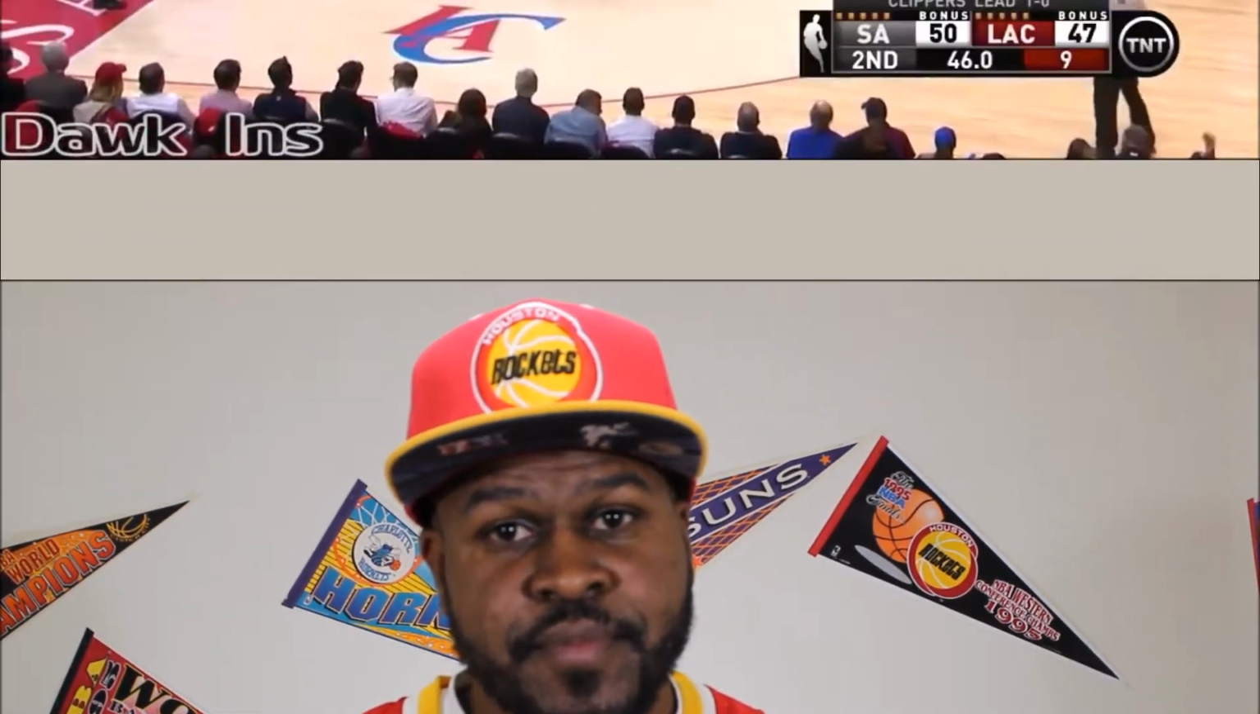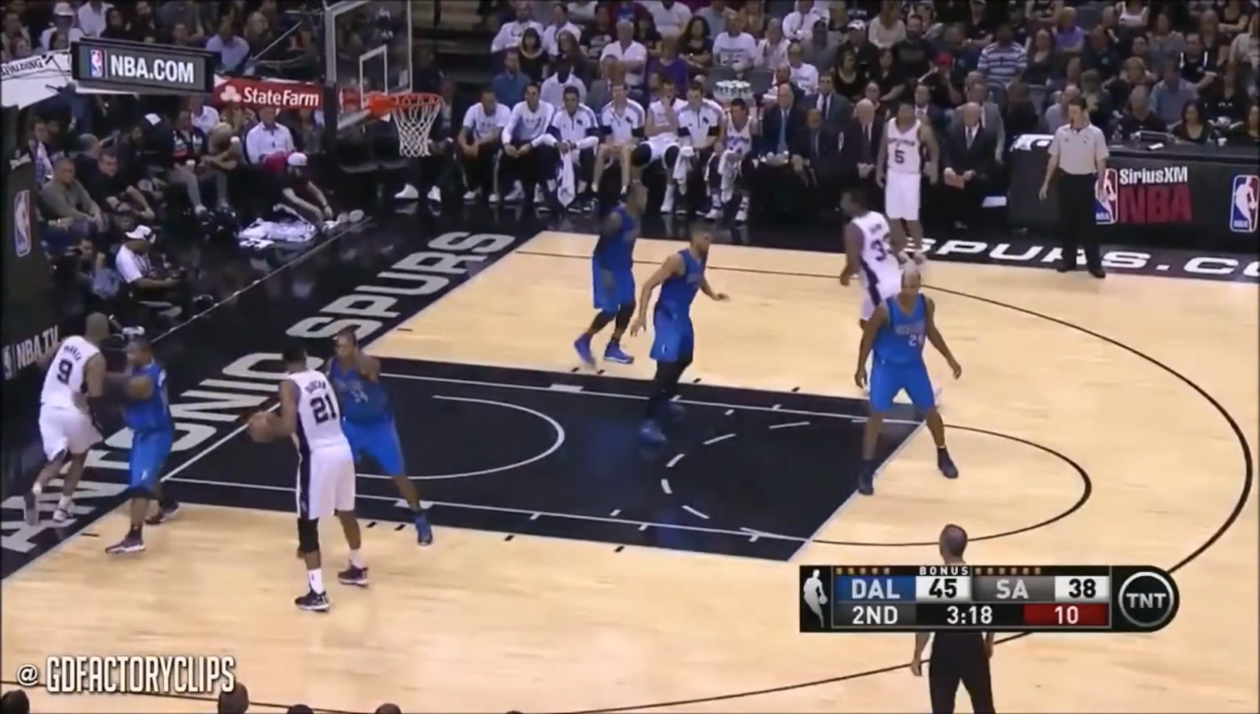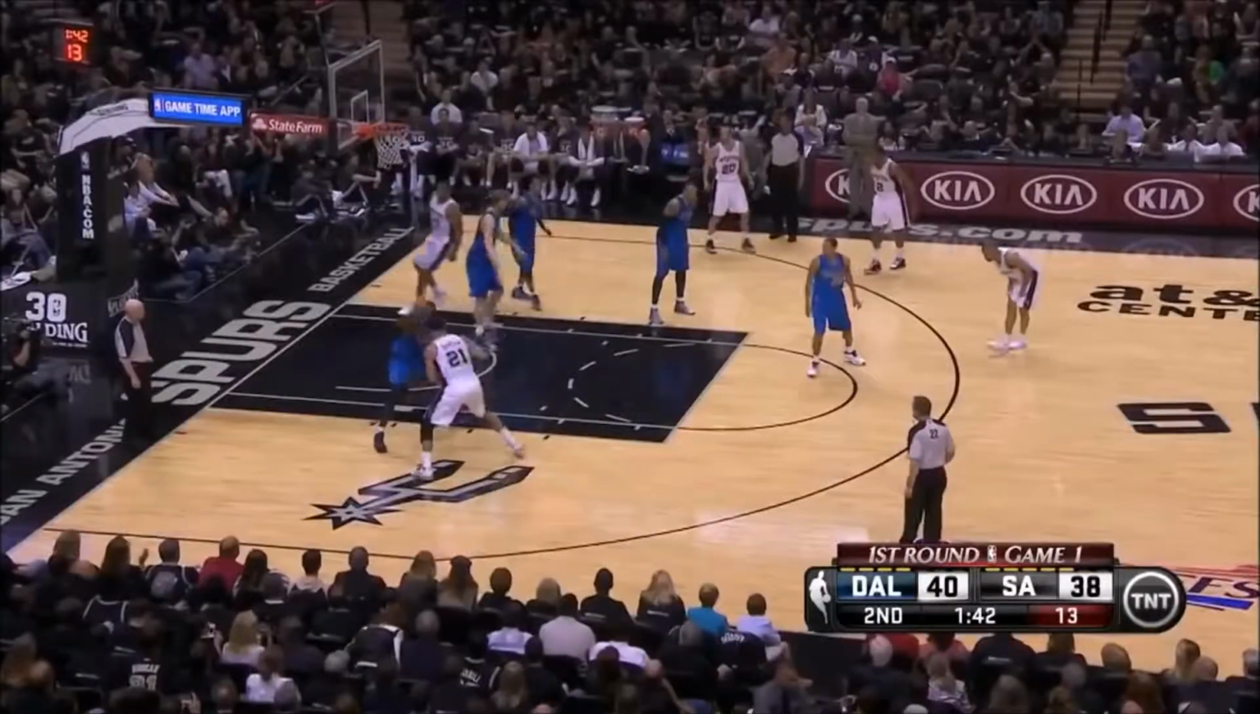Now let's talk about their offense. First part of offense we're going to talk about in both players is their face-up game. Efficiency in this first half. Duncan again. Now Tim Duncan's face-up game consists of the runner,